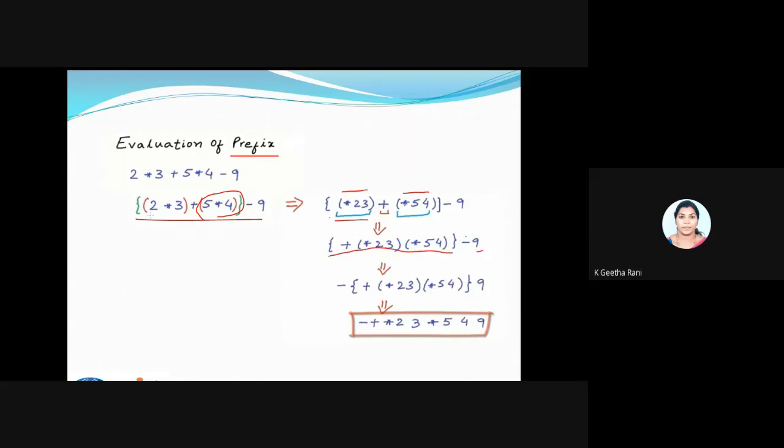I have an operator here, so I'm converting this into a prefix: operator, then my first operand, and then my second operand. As I remove the bracket, now we can see the answer for it. So this is the way I'll be converting a normal expression into a prefix based upon the order of operations, the order of operators. Fine.